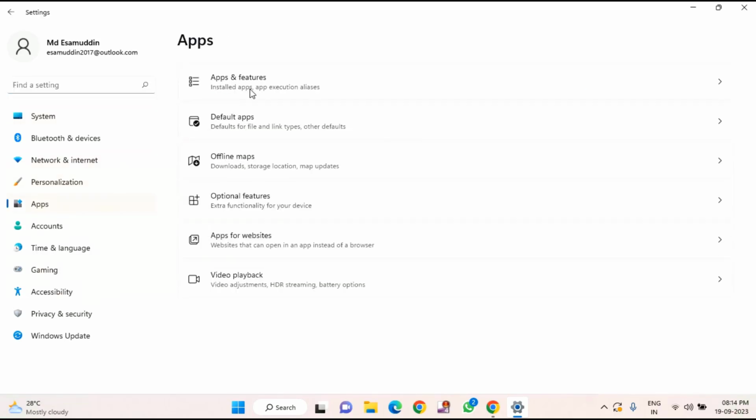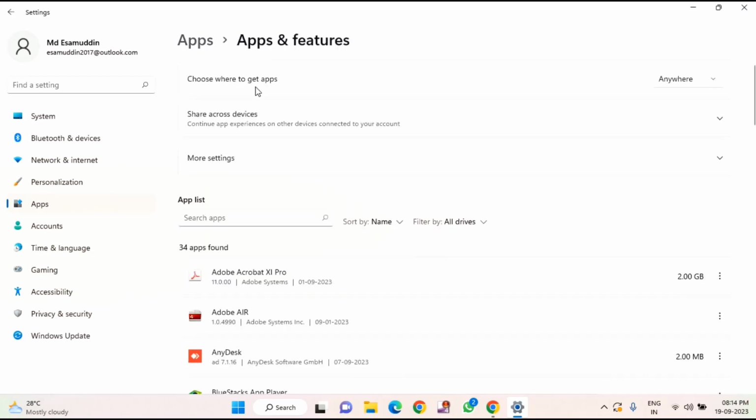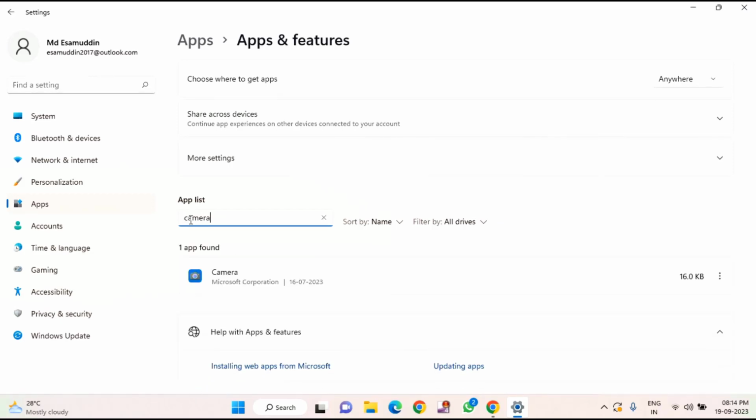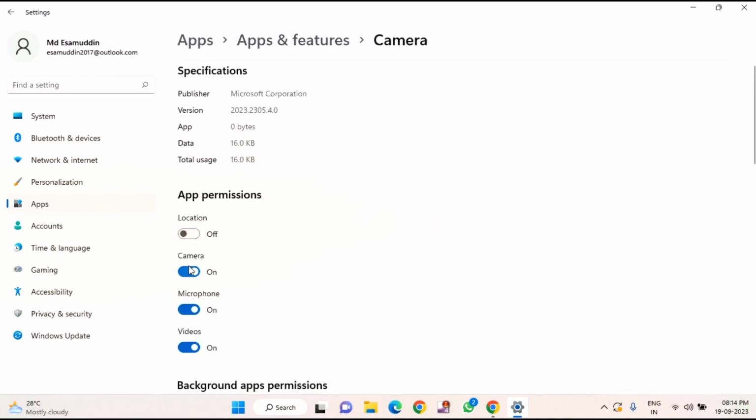Click on Apps, click on Apps and Features or Installed Apps. In this, you need to find camera. Just click on this three dot, click on Advanced option. Here you can see under App Permissions, you will find camera. It is on. You just need to disable this option. This was the step 1,